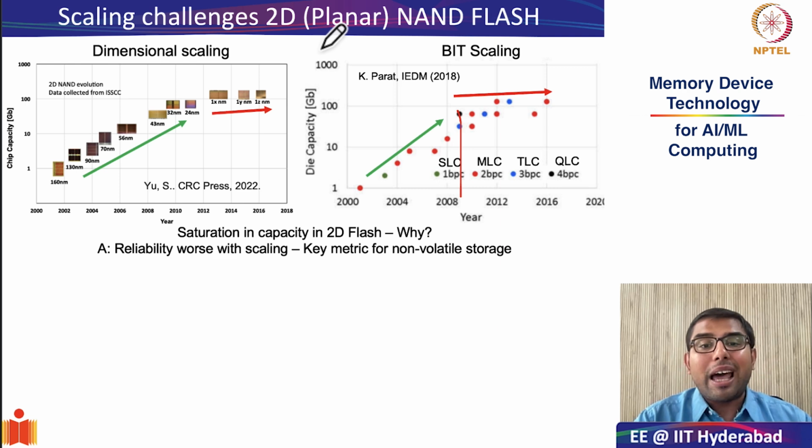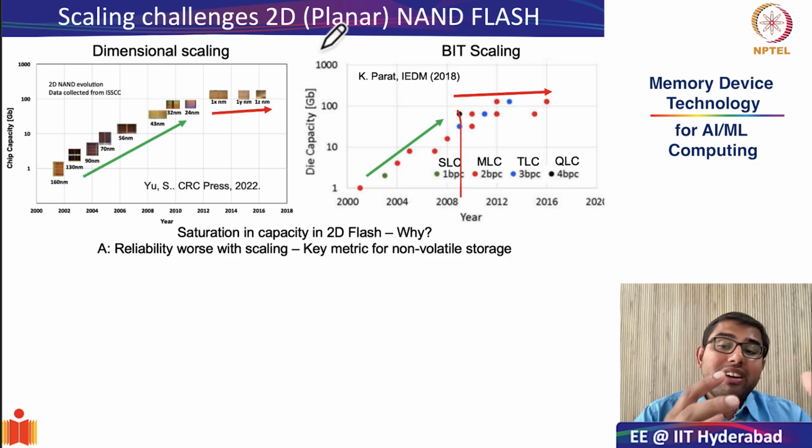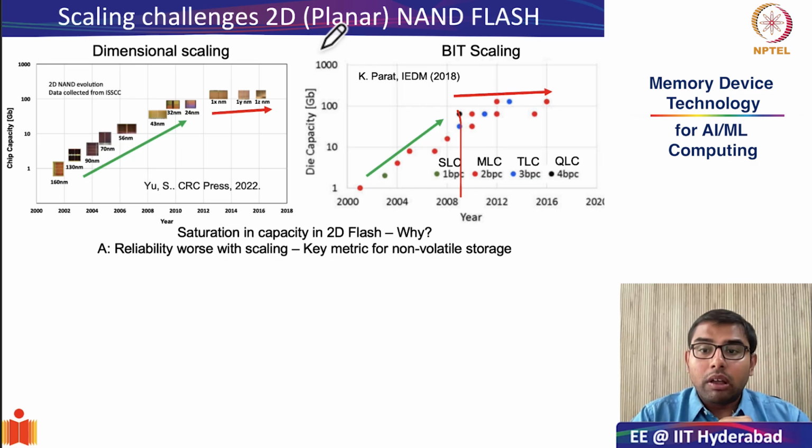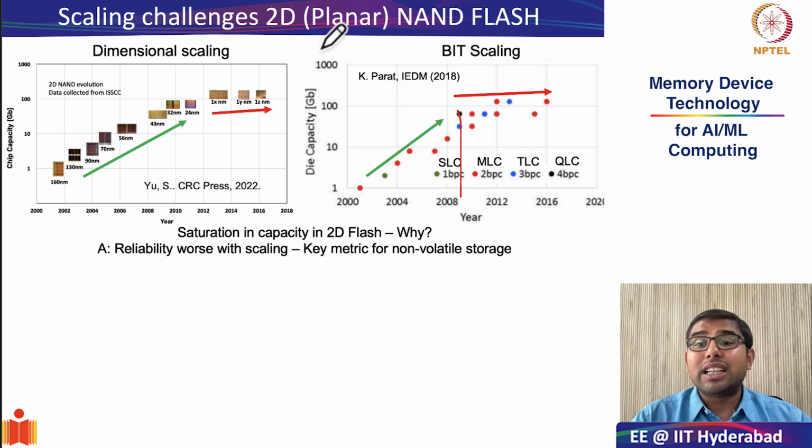What is reliability? Reliability is more like an umbrella term, to encompass any effect that leads to a loss or corruption of data. Needless to say, reliability becomes a very important metric, especially when we move from memory to storage devices. Therefore, we will specifically focus on the issue of reliability in this class. We will also see that reliability gets worse as we do both dimensional and bit scaling.